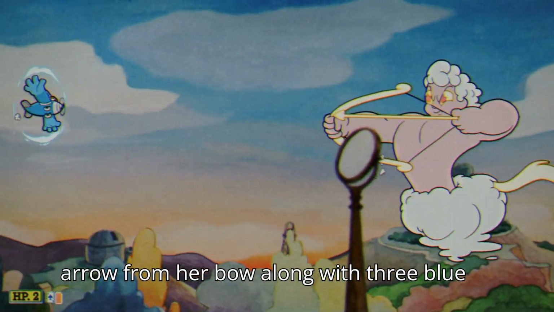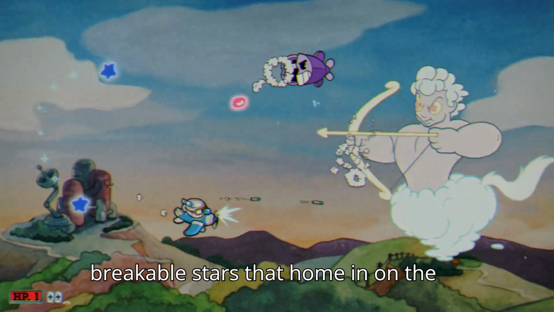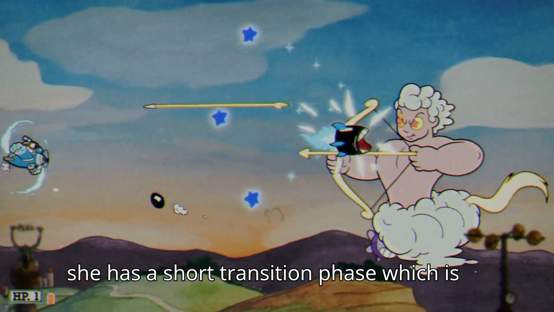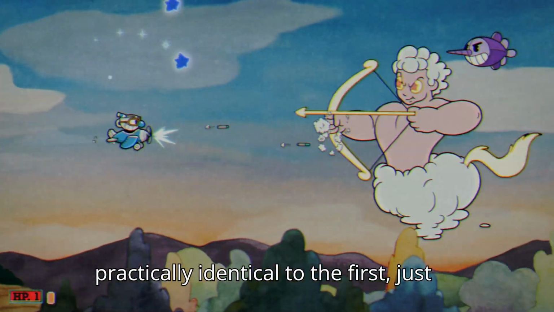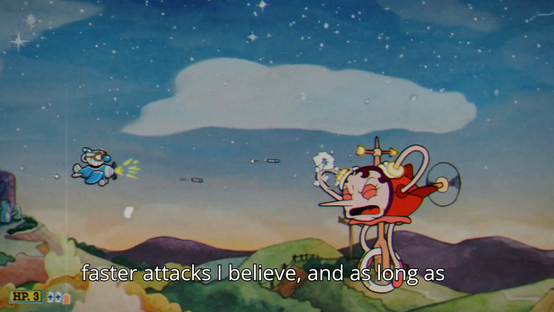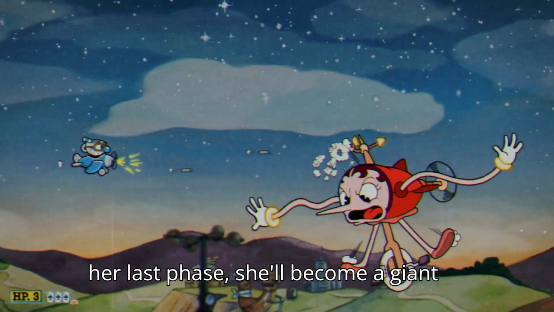The other form she can turn into is the Sagittarius, where she appears as a large archer that shoots one arrow from her bow along with 3 blue breakable stars that home in on the player. After beating either of those, she has a short transition phase which is practically identical to the first, just faster attacks I believe, and as long as you deal enough damage to send her into her last phase, she'll become